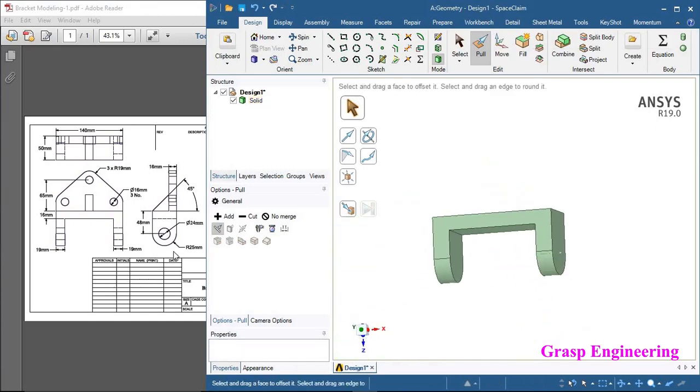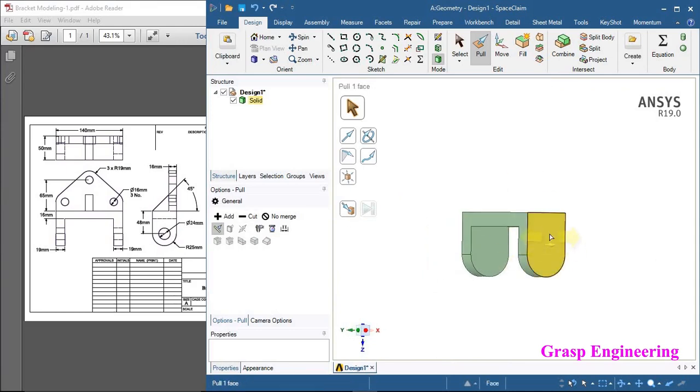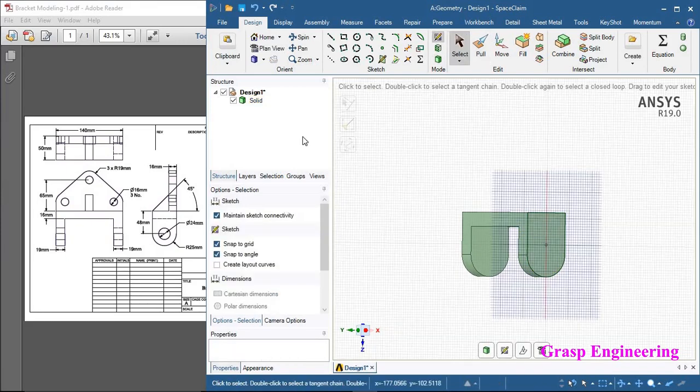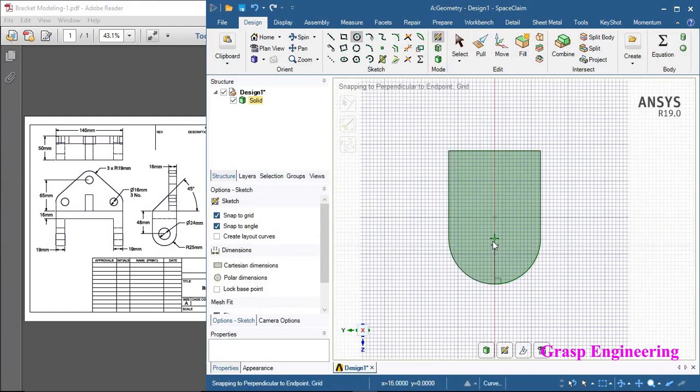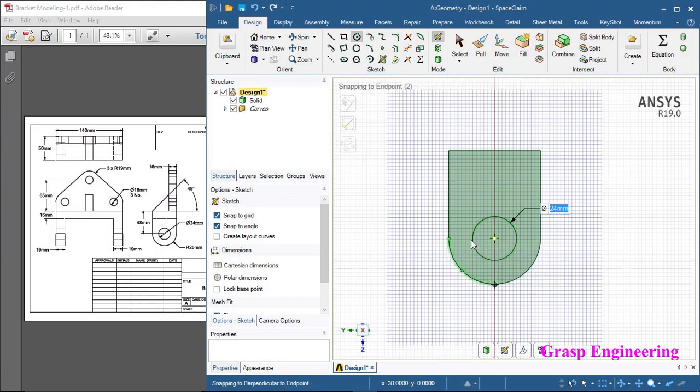Now we can create a circle of 24 mm diameter. For that, select this face, go to sketching mode, click on plan view, and here you will find the center point. From that you can create a circle of 24 mm.